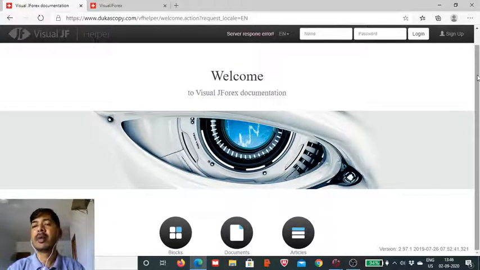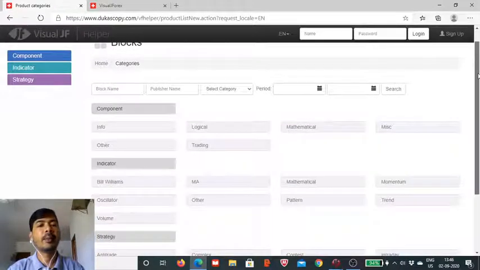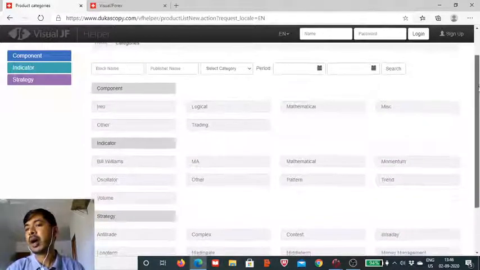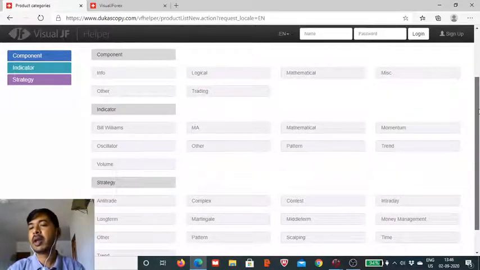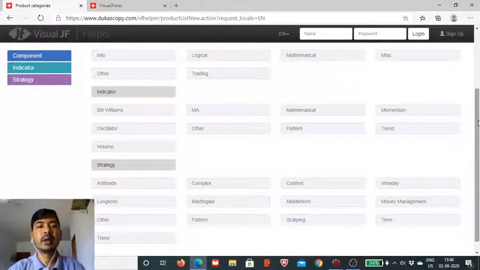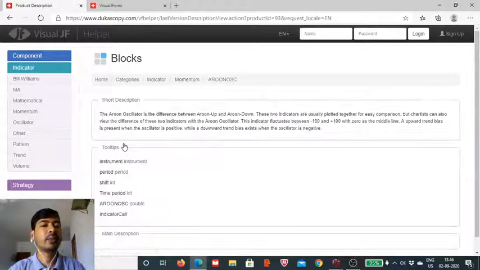This is a derivative indicator of the AROON, for which we saw the utility in yesterday's session. Now we will see how we can use the AROON up and AROON down parts of the AROON indicator to build a new indicator which can help us in finding the trend as well as the strength of the trend. This is a momentum indicator,